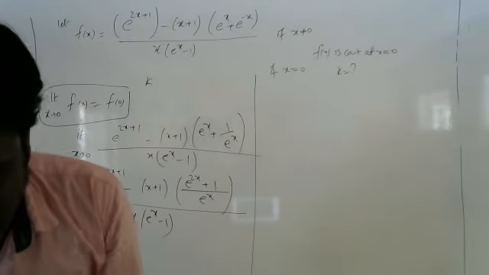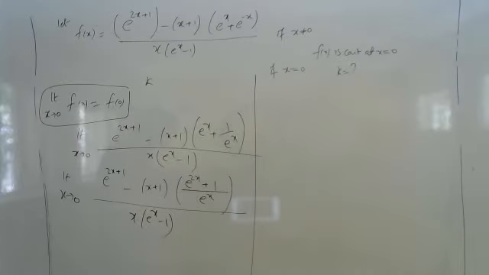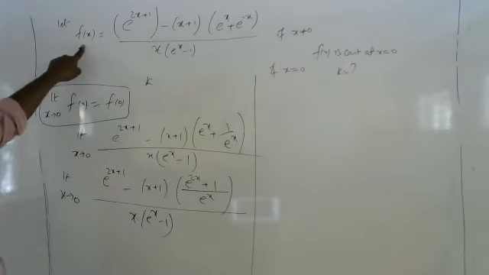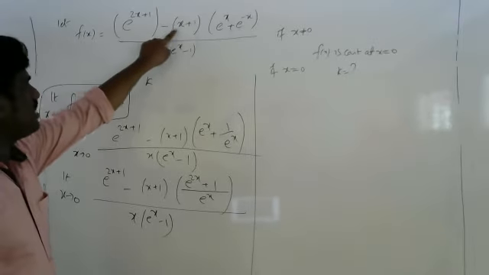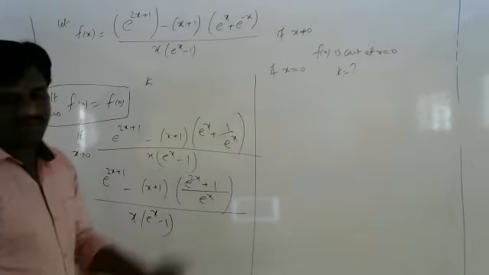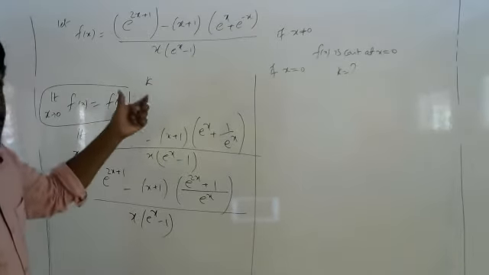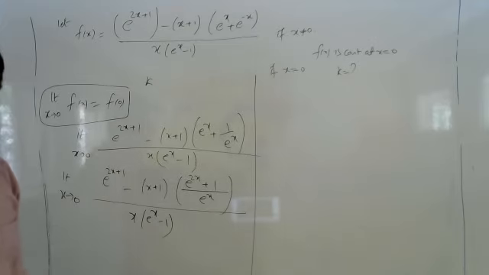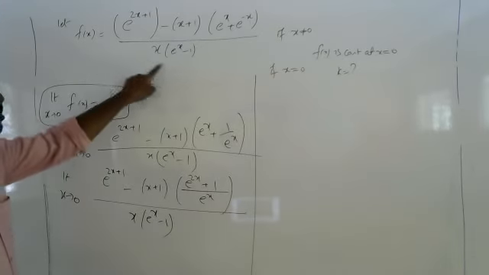Oh, see, I will explain once again. I forgot to record. Now, see here. This is the question: f of x is equal to (e power 2x plus 1 minus (x plus 1) into (e power x plus e power minus x)) upon x into (e power x minus 1). Okay, so if I want to find this one,